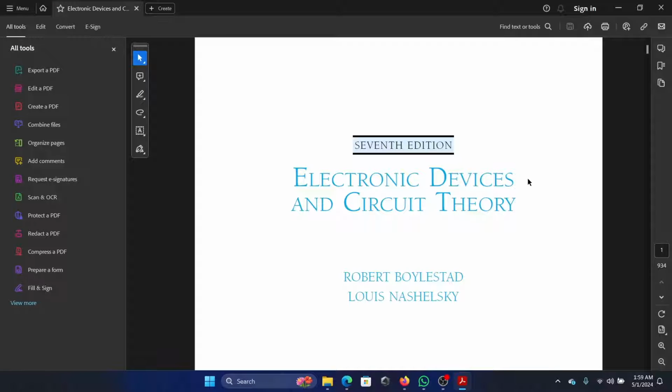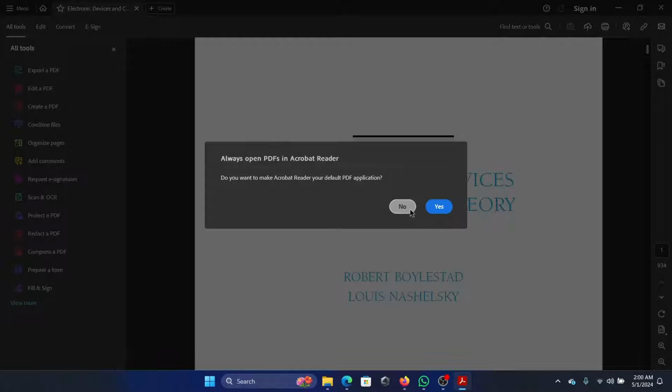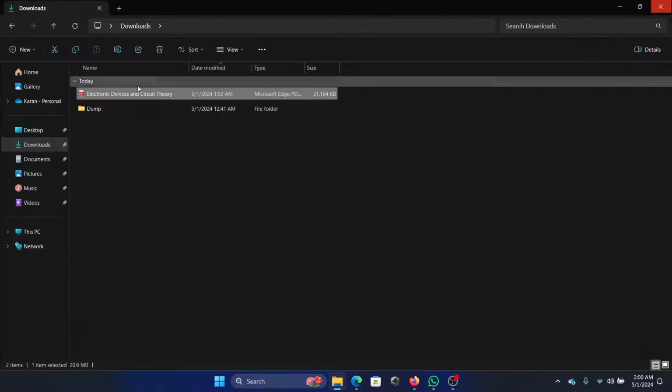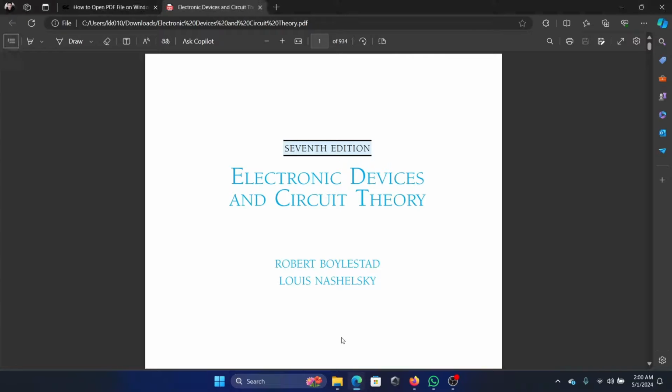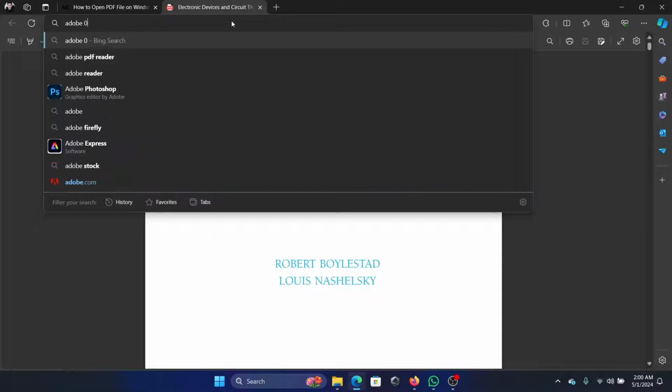The free version is sufficient to read files, though if you wish to make other changes, then you will need the premium subscription. Now, where would you get the Acrobat Reader from? Simply Google Adobe PDF Reader